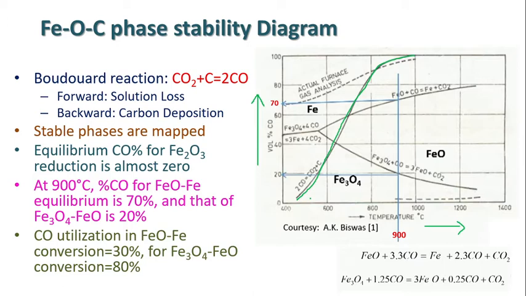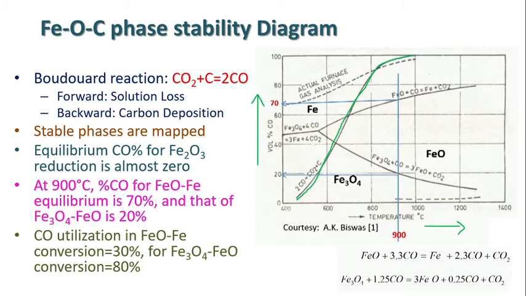This tells about the gas composition at any instant of temperature and reveals that as the temperature increases, carbon monoxide becomes more and more stable. This we have seen from the Ellingham diagram also. So as the temperature increases, CO percentage in the gas mixture increases, and 100% CO is available at temperatures above 900 to 1000 degrees centigrade. At 1000 degrees centigrade, it is almost 100% CO in the mixture.